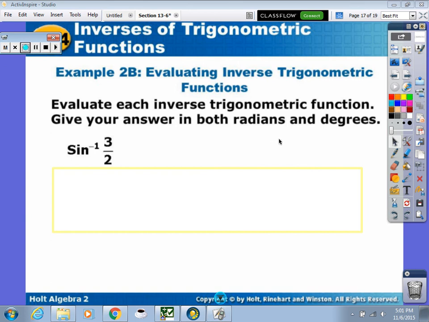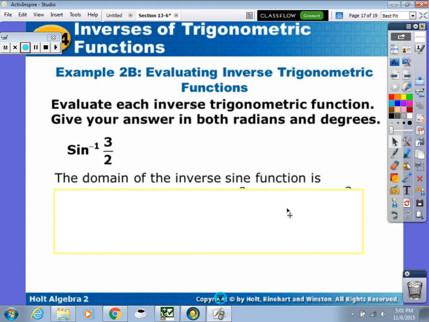For the second example, we're evaluating the inverse trigonometric function, inverse sine of 3/2. We're considering this to be a function because we have a capital letter S in front of the word sine. We do have to realize that the range of the inverse sine function is found between negative pi over 2